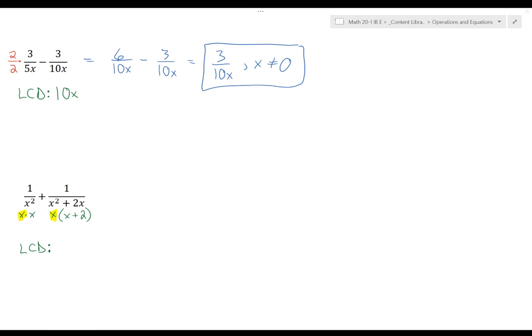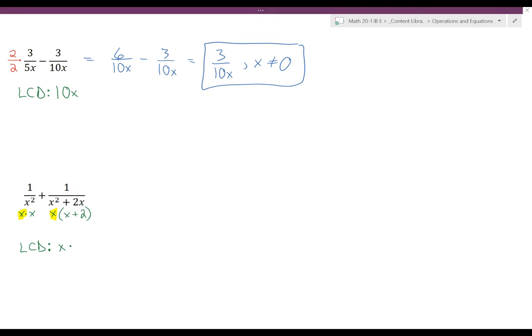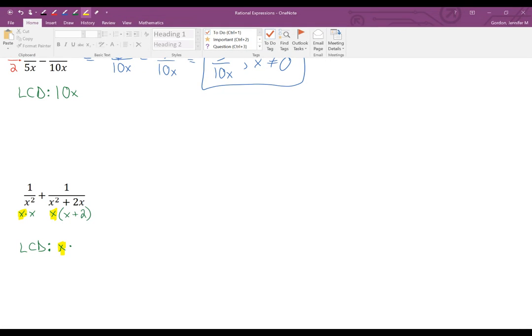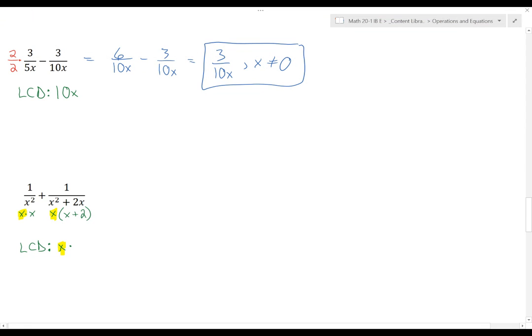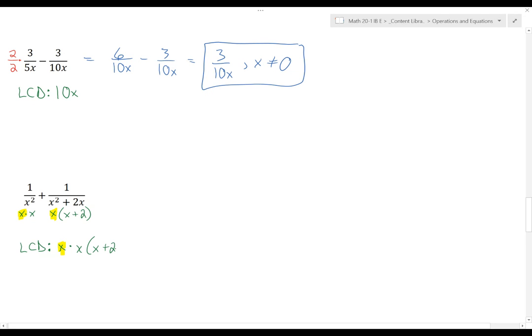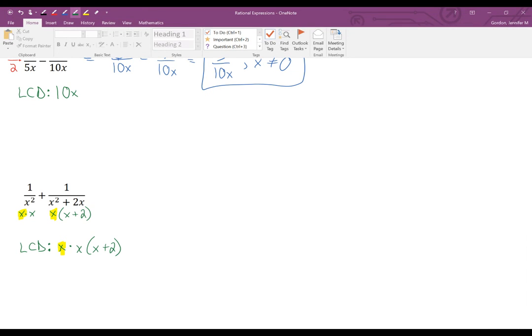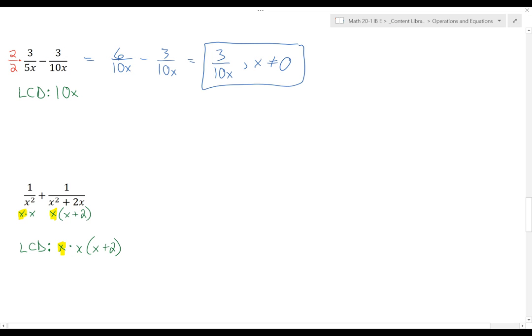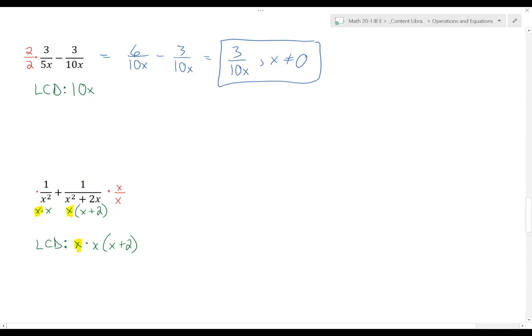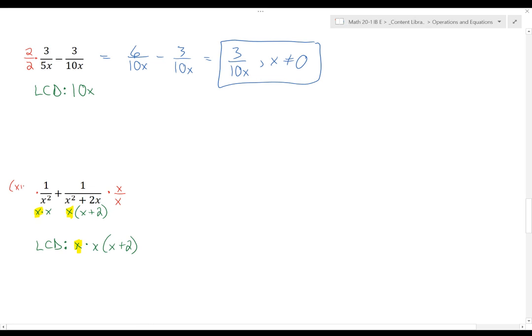So the x that is common is going to be part of my lowest common denominator. So I'm going to highlight that in yellow to indicate that's the x that they already shared. Now I have an extra x, and I have an x plus 2. So that is my lowest common denominator, which means for each fraction, I have to multiply by the factor that's missing. So in the second fraction, I multiply by the extra x over x. In the first fraction, I'm multiplying by x plus 2 over x plus 2,